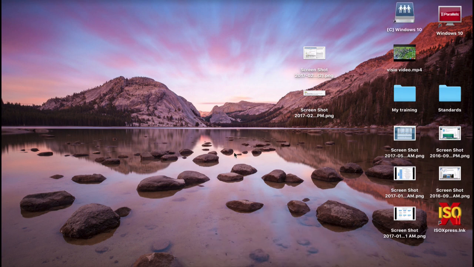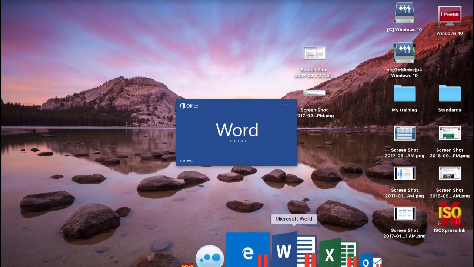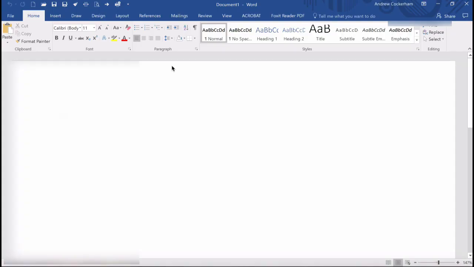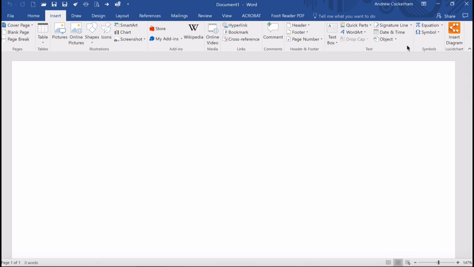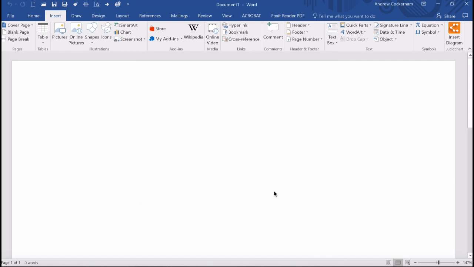However, of course, if I go to Microsoft Word in Windows that I'm opening here through Parallels, you'll see a lot more options. You'll see it's pretty quick there, and go to Insert, Object, and there's so many more things that are compatible here that I can insert as an object. In particular, I can insert a Visio object drawing,